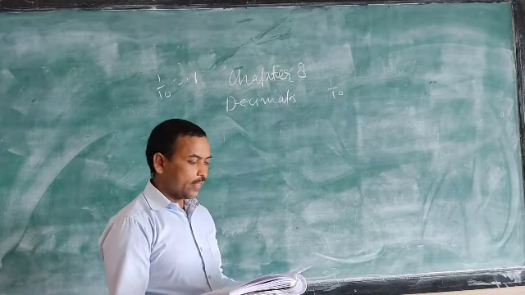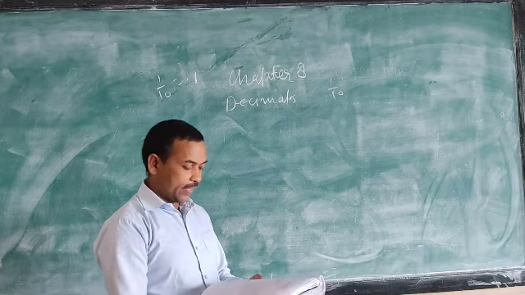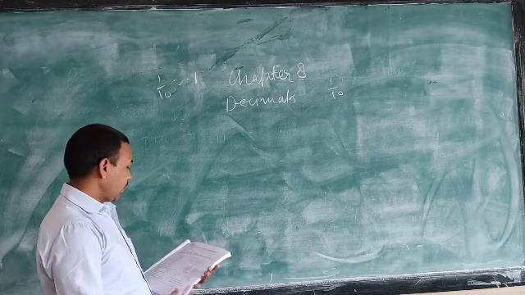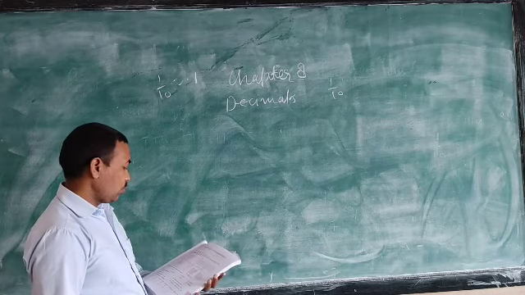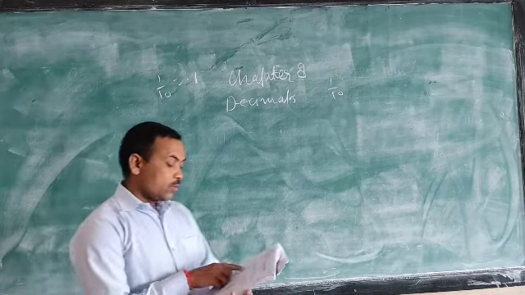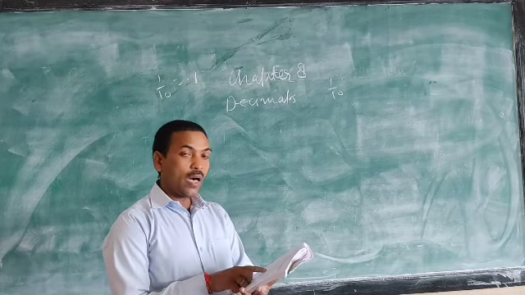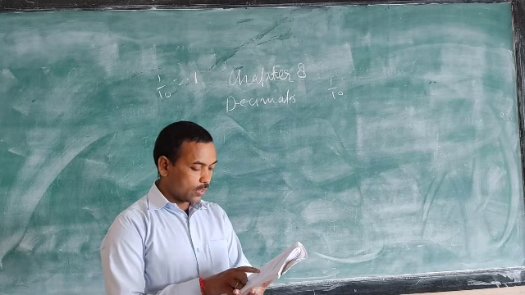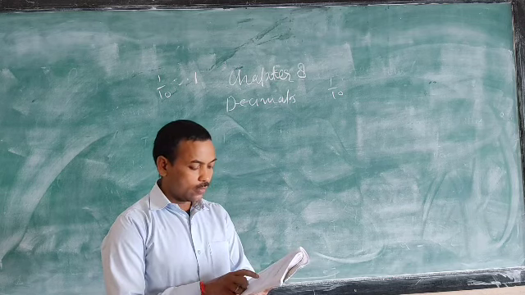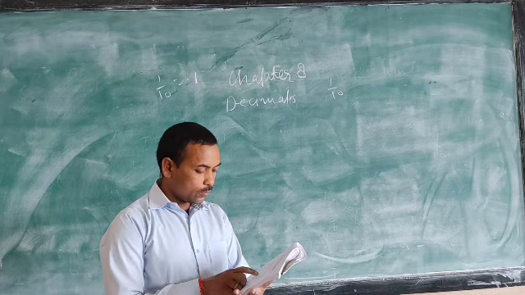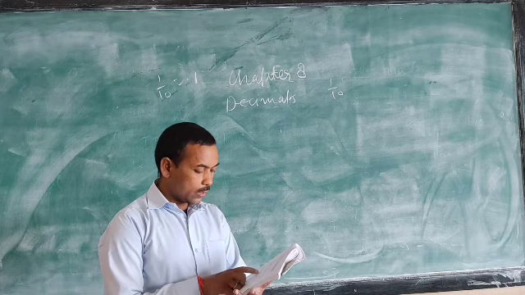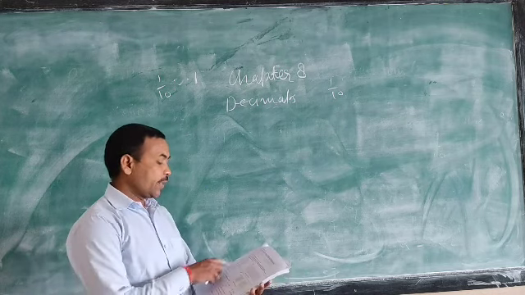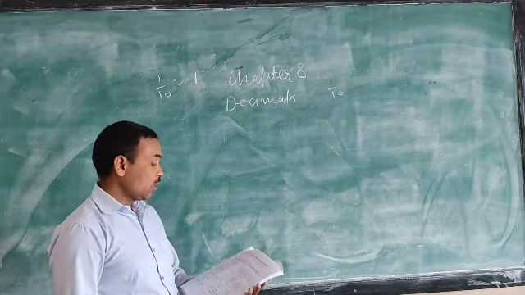Let's start the exercise on page number 99. Here it is given: what decimal number do these show? So here, the first one is a square or rectangle, maybe divided into 1, 2, 3, 4, 5, 6, 7, 8, 9, 10. The full big rectangle is divided into 10 small rectangles.